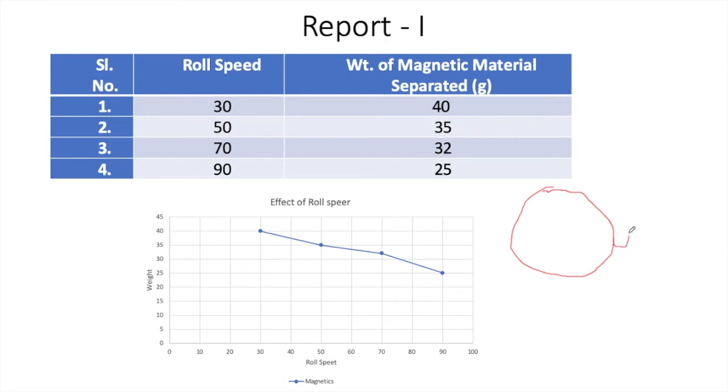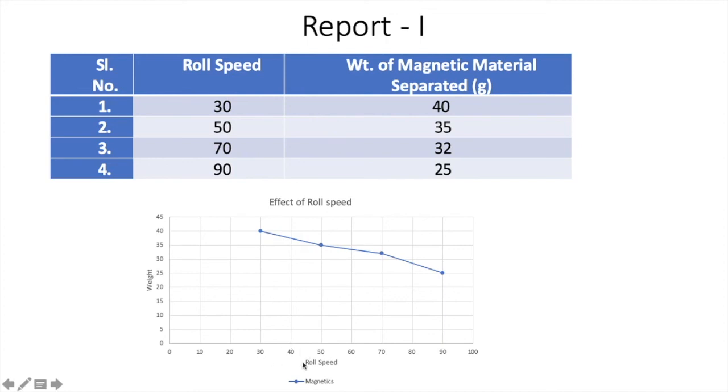If you want to see the force balance, because this is your roll, it is rotating in this direction at some RPM. There is a magnetic particle. This particle is experiencing magnetic force towards the center. There will be gravitational force in the downward direction, and since it is rotating, there will be centrifugal force away from the center. So as the roll speed increases, your centrifugal force will increase. The particles which were earlier reporting towards the magnetic fraction because of lower RPM will now be reporting towards the non-magnetic fraction.